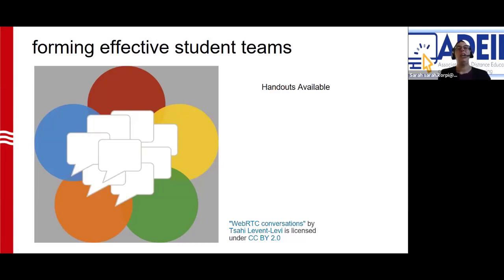So by intentional, I mean I ensured there were at least 2 strong members of each team. I ensured that the teams didn't have just one person of a particular gender. And I also set the teams up so that international students would be paired with another international student. So an international student would not be alone in a student group with only American students.